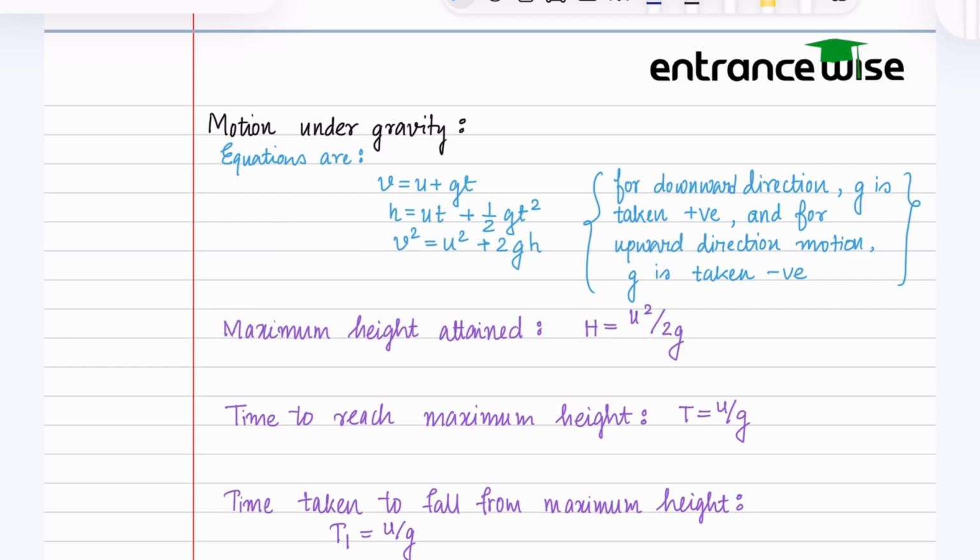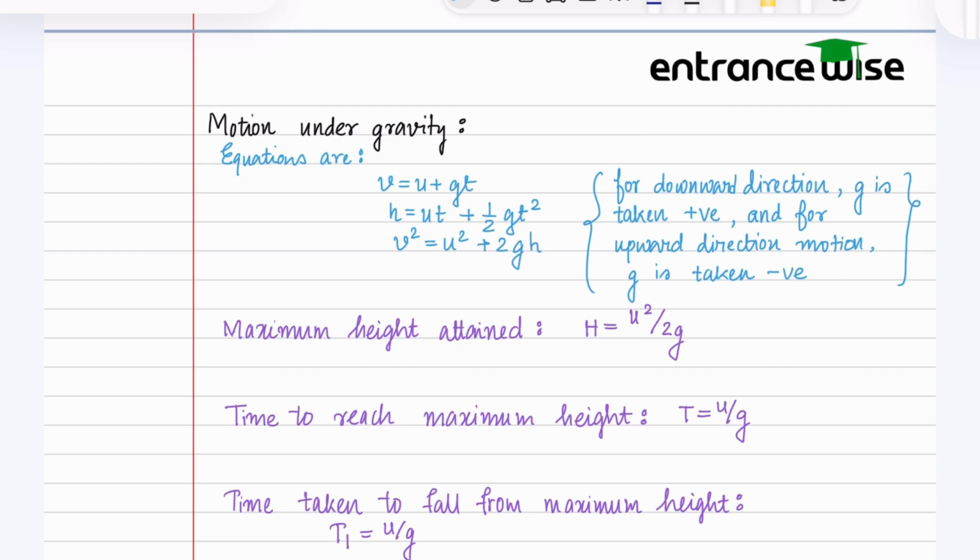Previously we have discussed about motion in a straight line. Now we will be discussing about motion under gravity. So in this discussion we will explore the concept of motion under gravity, focusing on key equations, derivations and their applications. We will delve into the basics, understand how to calculate maximum height, time-related variables, and velocity at various points during motion. So, what are the basic equations and signs?